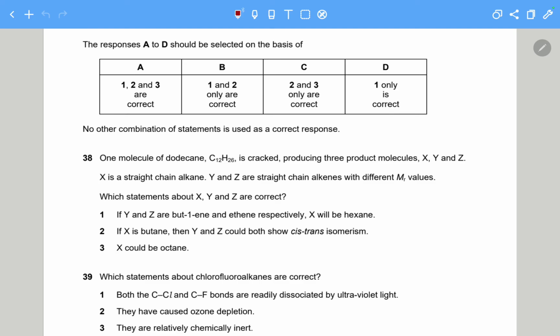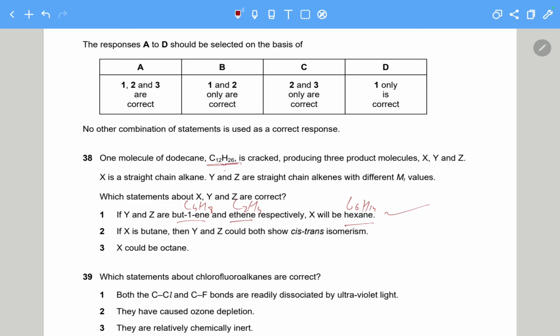If Y and Z are butene, which is C4H8, and ethene, which is C2H4, respectively, X will be hexane, which means it should be C6H14. Let's add all of these up. C4 plus C2 is C6, C6 plus C6 is C12, so the carbons match because we need 12 carbon atoms total. H8 plus H4 is H12, H12 plus H14 is H26, and we have 26 hydrogens, so this is